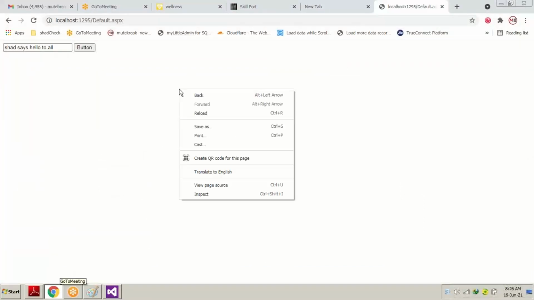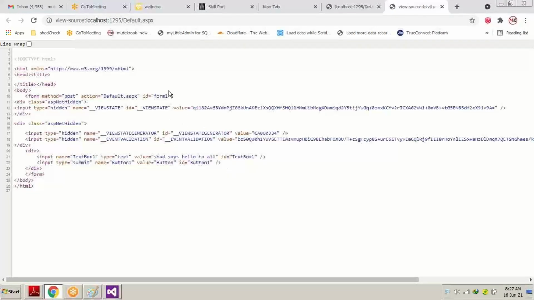Remember, if I go to this particular page, what we have made, when we right click on the page and we go to view page source, we are going to see the entire HTML page and entire HTML part. You can see it over here, the button which we have drawn, the text box what we have taken, and some additional HTML codes also which the page generates to run in a browser. So this part is from view page source. Okay, I will close this.